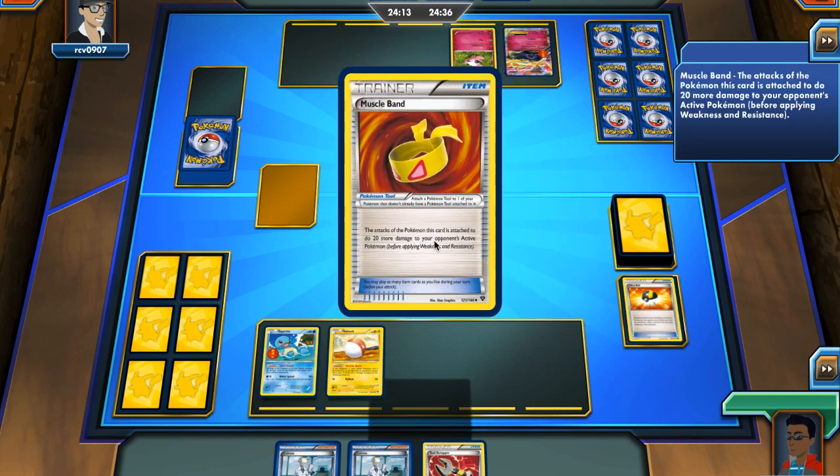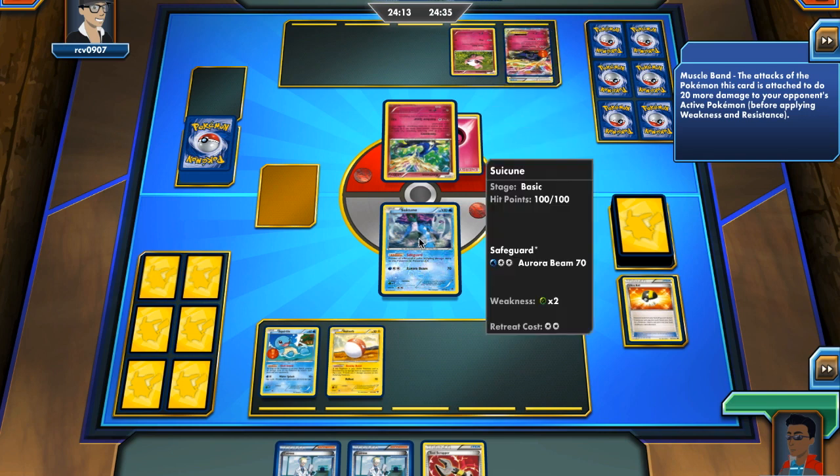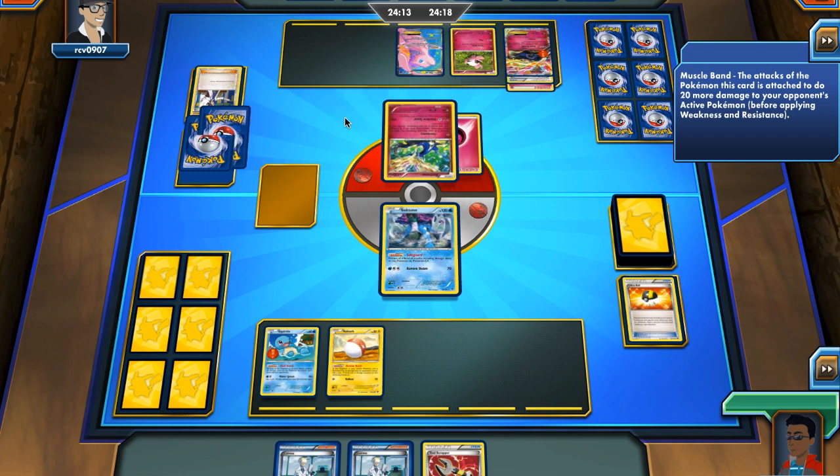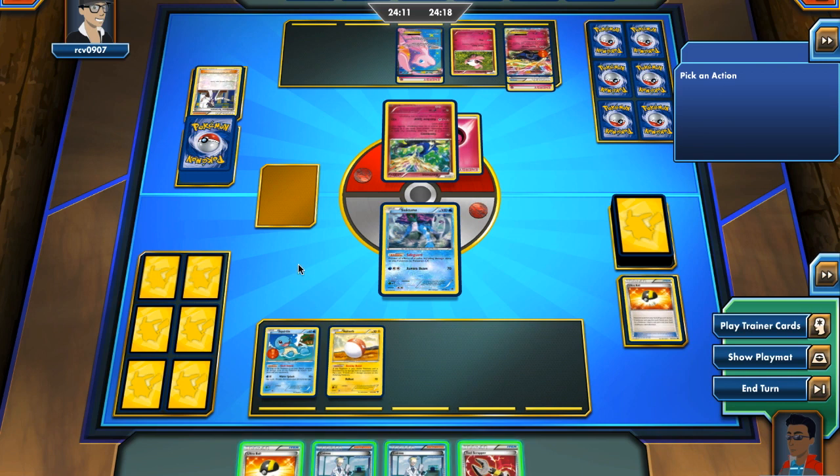I hope my opponent puts down more things. He's going to put a Muscle Band down, then play a Sycamore. We see a Spritzee and a Mew on the bench. This is an interesting Fairy build. You don't normally see Mew in these decks just because it's very weak. And we're going to see